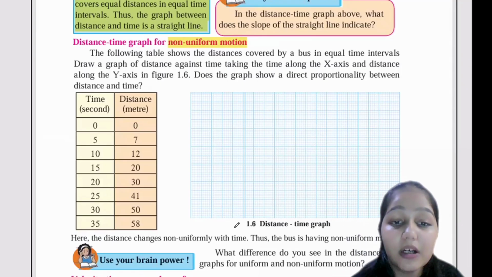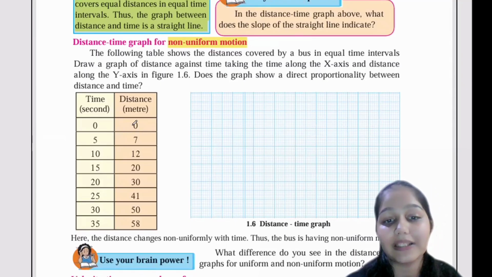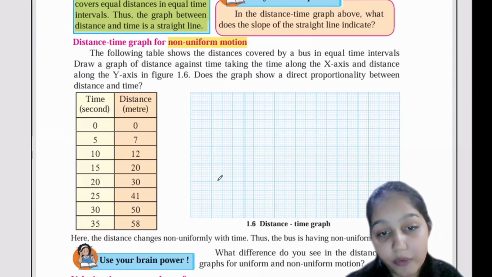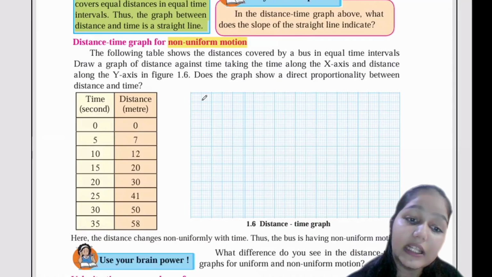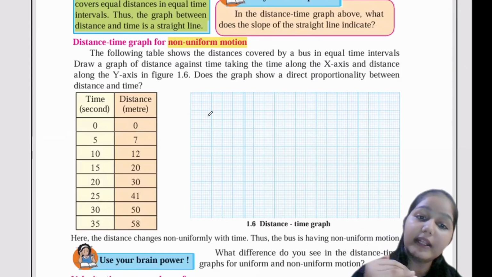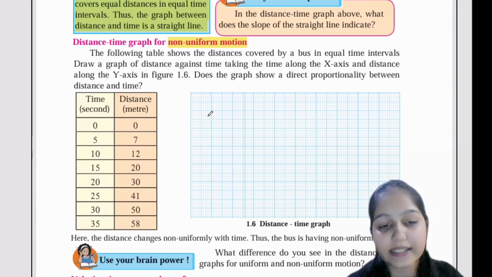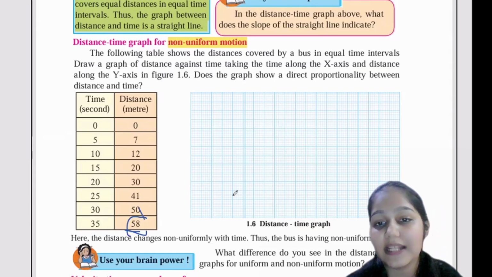But here for the distance, you have to see what is the majority amount that is coming. So you can go with 5, 10, 15, 20 till 60. Keep the interval of time as 5, 10, 15, 20, 25 and go on till 60. So you will be getting the last point as 58 and then you can just draw the dots and then accumulate